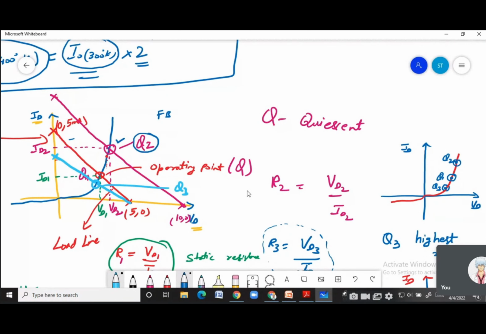Now, what you are going to see is that when you drop a perpendicular from this point, if you look at this point Q1, you are somewhere here, but when you look at this point Q2, you are somewhere here. So the variation in VD1 and VD2 is less, whereas the variation in ID1 and ID2 is more. Can you see that? You're moving a very small distance over here, but you are,